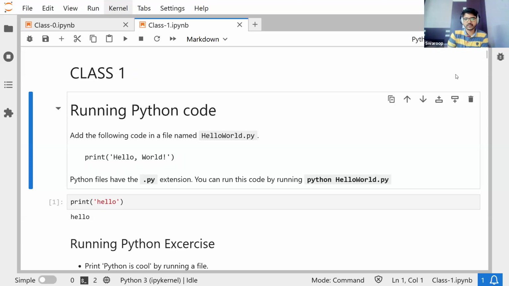So let's start with this. If you have Python installed, or if you're doing it on Colab, then it's a little simpler there. But if you have Python installed on your machine, open up any text editor you have. On Windows, it could be Notepad or Notepad++. On Mac, I think it's called TextMate or something like that, right? So whatever editor you have,